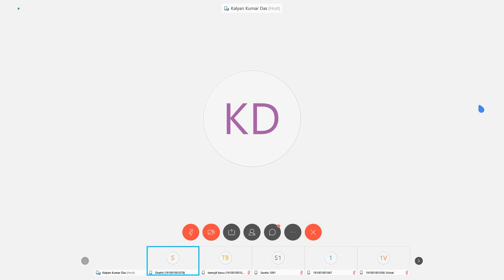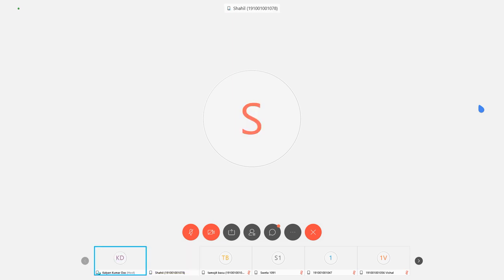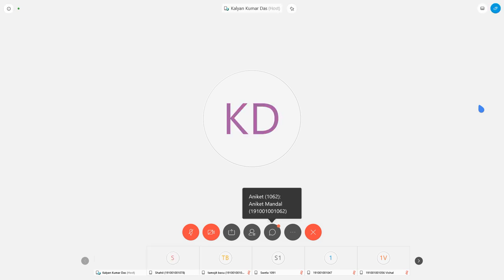Okay, sir. And the reverse thing: if you want to convert some integer to a character, in this case you need to explicitly do this thing. How to do that? Before the variable name, within the bracket, you need to type char. This is one way.